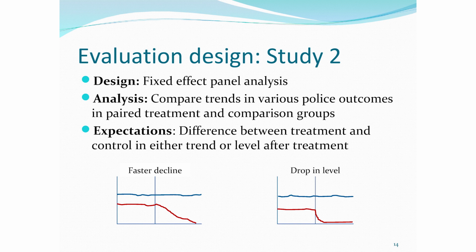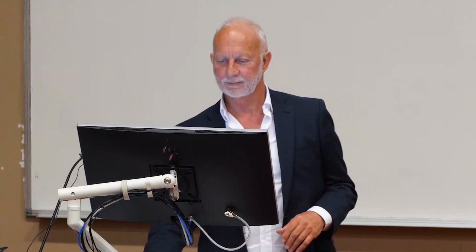So just to give you a picture of what I mean, this is Don's little drawing, a control group, no change before and after treatment, and that's what you'd call an accelerated decline. If you look for a drop in level, that's the control group, that's what a drop in level looks like. So you're looking across these measures I'm about to show you for either a drop in the slope or a drop in the level. So what are the outcome measures we looked at?